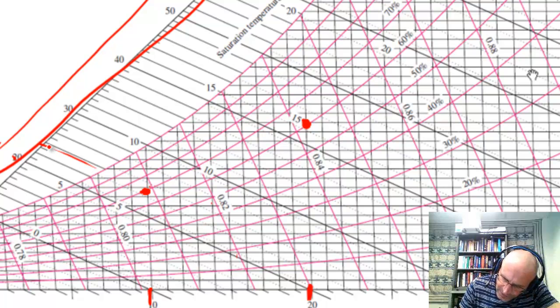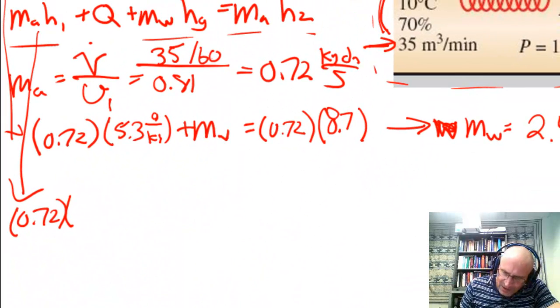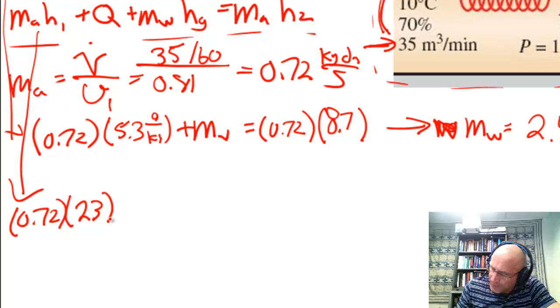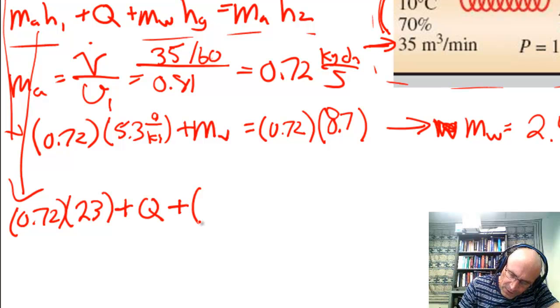So if I look over, I'm up at about, I'd say, 23. I realize it's kind of hard reading off these charts, but I'm going to say that's about 23, which is the enthalpy going in. And then Q dot, which is what I'm trying to solve for. And now I've got my mass flow rate of water that I just found, 2.45 grams. Do this in per kilogram,